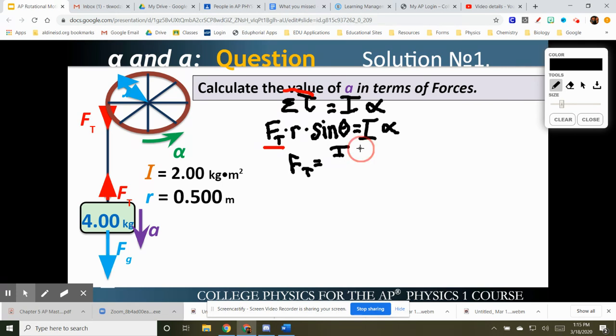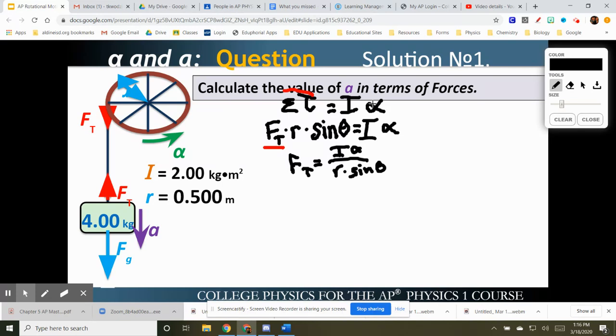FTI alpha over R sine theta. Okay, so good job, Mia and Gabriel, for giving us that algebra. So what we've been doing is we've just been looking at the pulley so far. So we've only been looking at the angular acceleration of the pulley because the pulley doesn't have any translational acceleration